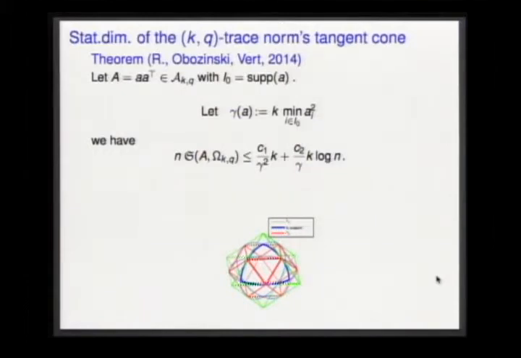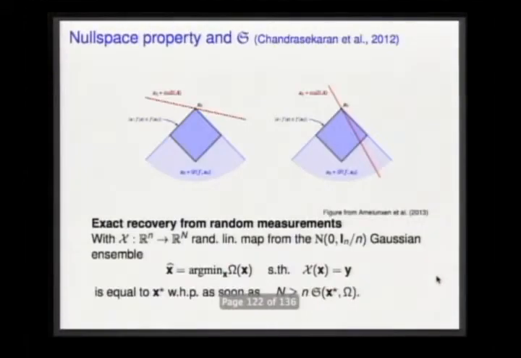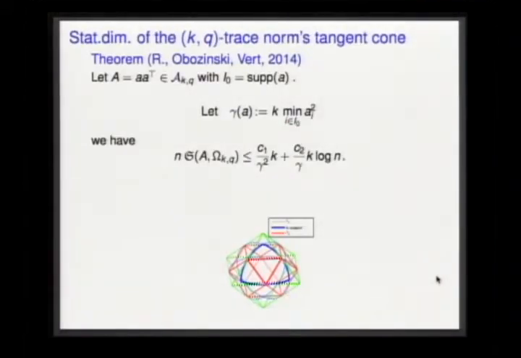And the representation I have here is the set of atoms for 3 norms. So in green, I have the set of atoms of the L1 norm and also the edges. And here in blue, we have the set of atoms of the K-support norm, which was the norm that has this green ball here as the unit ball. And in red, it's the